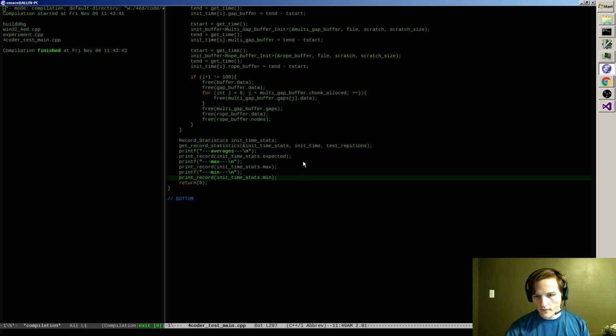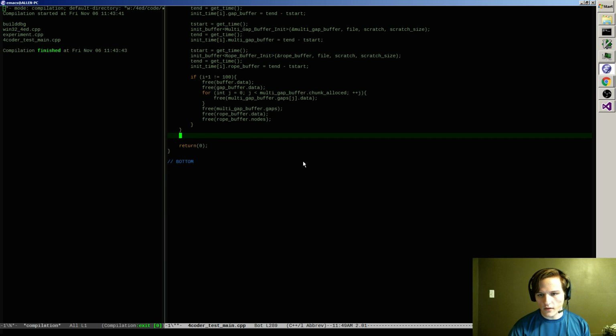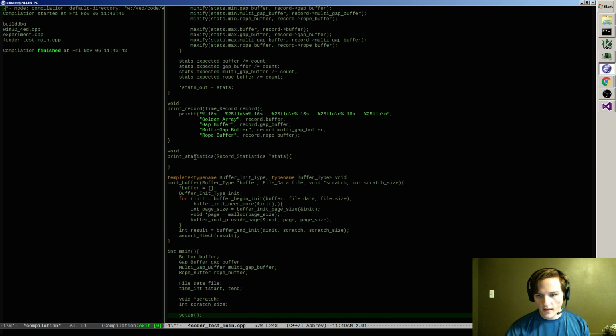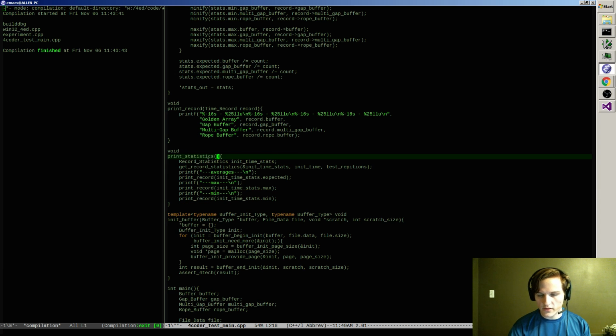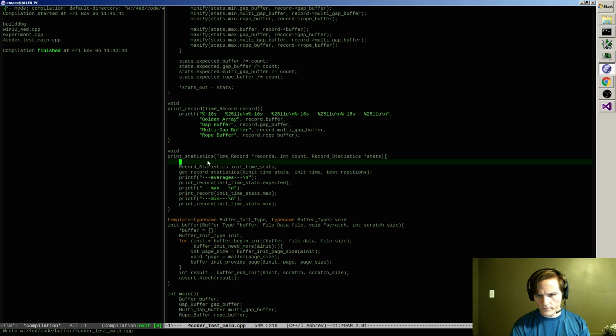I could even go so far as to just grab all of these, and never in the actual thing create one of these structs. Time record records int count, stats.